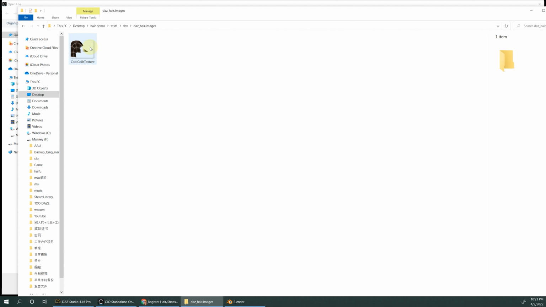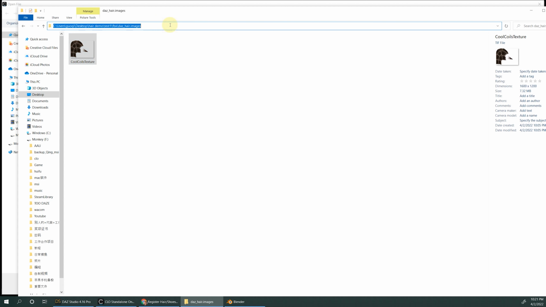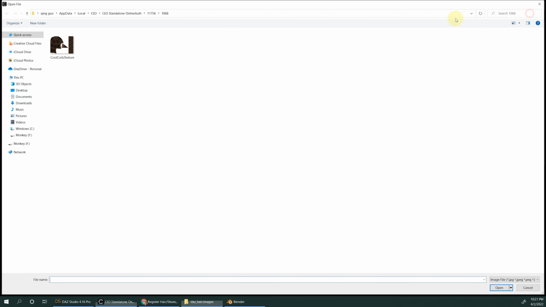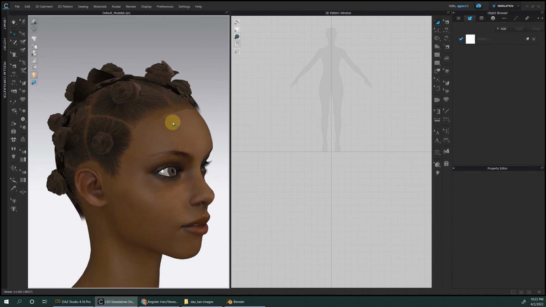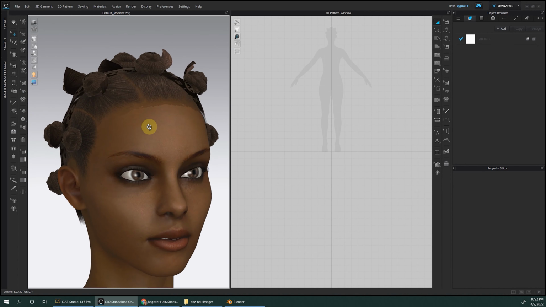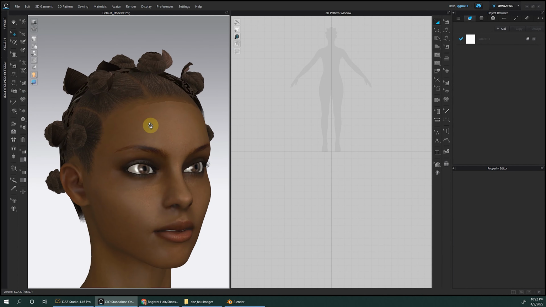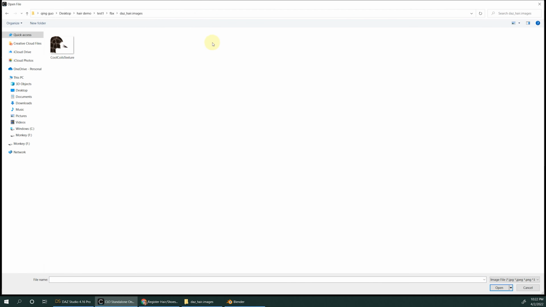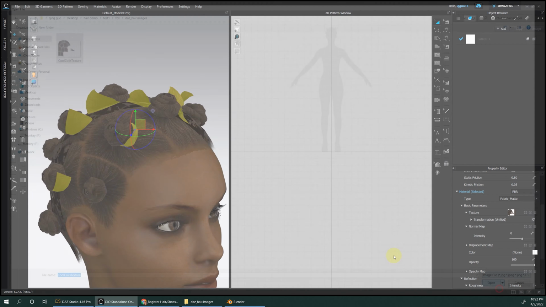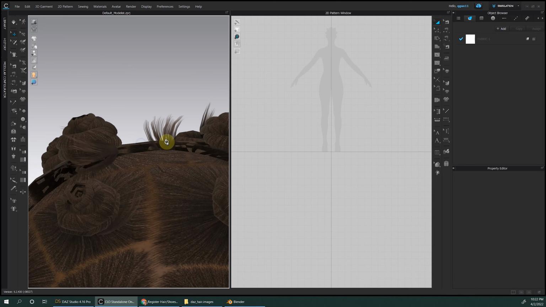And then you will get this perfect image to use. And select this one. That's the difference, because that one has a transparent background, and with the hair texture it will look much better, and you need to replace all the textures on this hair. After you replace it, it will just look really good.